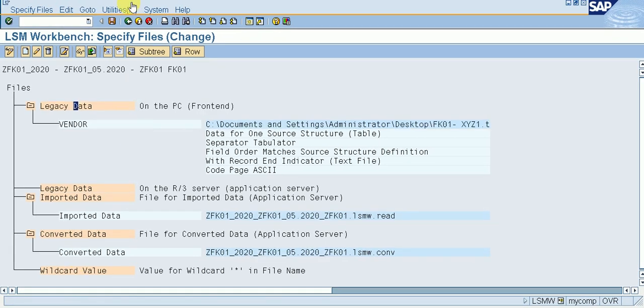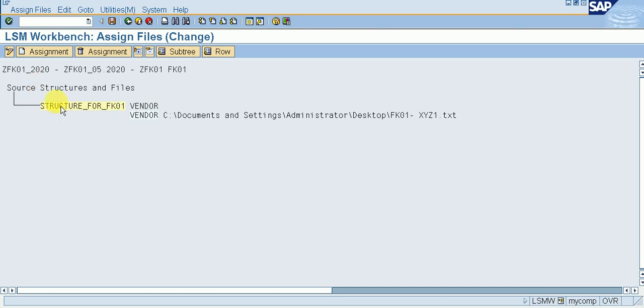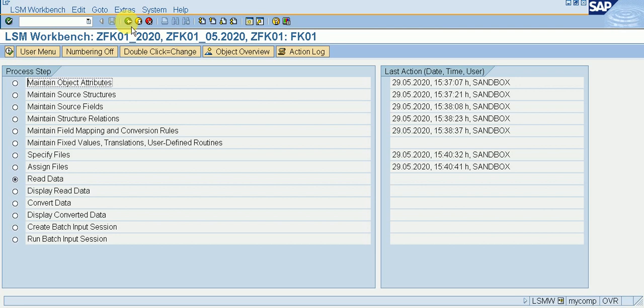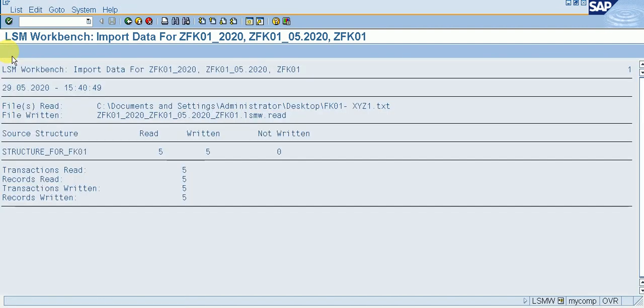So after save, we can see our data was saved, and then go back, click on assign files, execute it, then click on display change, then save it, go back, click on read data and execute it, then again execute it, then we can see our data is 5.